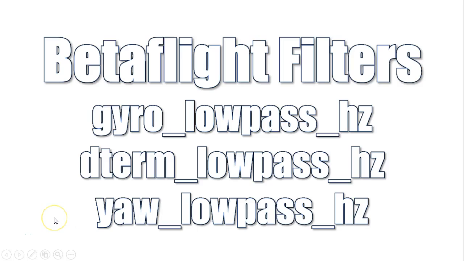Folks, I'm going to do a little discussion for you about Betaflight filters: gyro low pass hertz, dterm low pass hertz, and yaw low pass hertz. There have been a lot of questions about how these work. They're probably one of the most fundamental things that Betaflight brings to the table. Certainly one of the first things that Betaflight brought to the table, literally, was the ability to filter these things other than just the default way that we always had. And it's been one of the biggest performance gains, and let's talk about why, and let's talk about how to